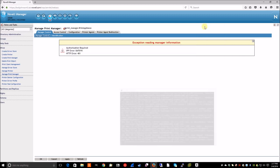The version of iManager that ships with the iPrint appliance does not include the certificate management plugins needed to renew the certificates. So the first step in this process is to install the appropriate management plugins. To do this, you'll need to open a PuTTY session, and if this is the first time running PuTTY against the appliance,